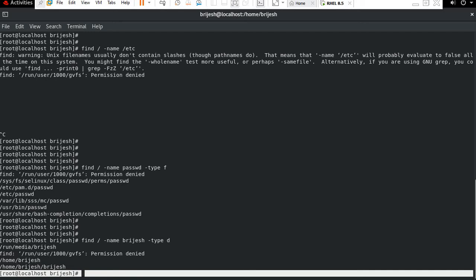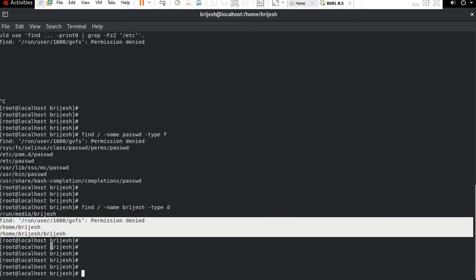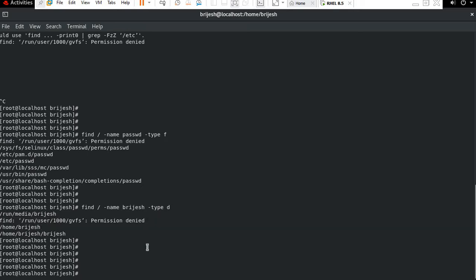Now guys, how can we find empty files? Okay, so we have the command find slash space, just type here empty.